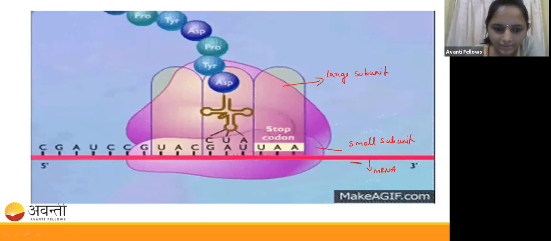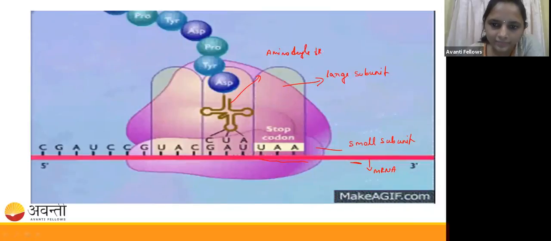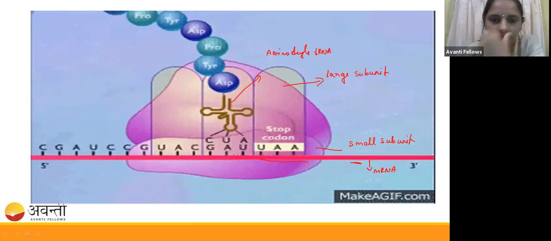Guys, you can see here on the mRNA, there are codons present, right? So here you can see UAA. Okay, UAA. So that is a stop codon. So here you can see that this is the aminoacyl tRNA, which is a charged tRNA, right? Aminoacyl tRNA, right? So here you can see the amino acids are going to be attached here through the peptide bond between these two. Peptide bond is present between these two, right? Here you can see all this attachment is due to the peptide bond.